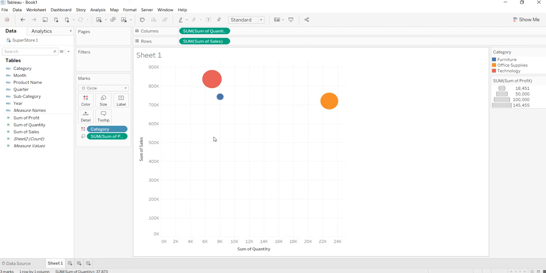Now to add another dimension into the view, we leveraged this size property of the marks, and now we are able to differentiate between these three different marks on the view by the size of the circle. So this is another intuitive way of understanding how the size property works within the marks card.